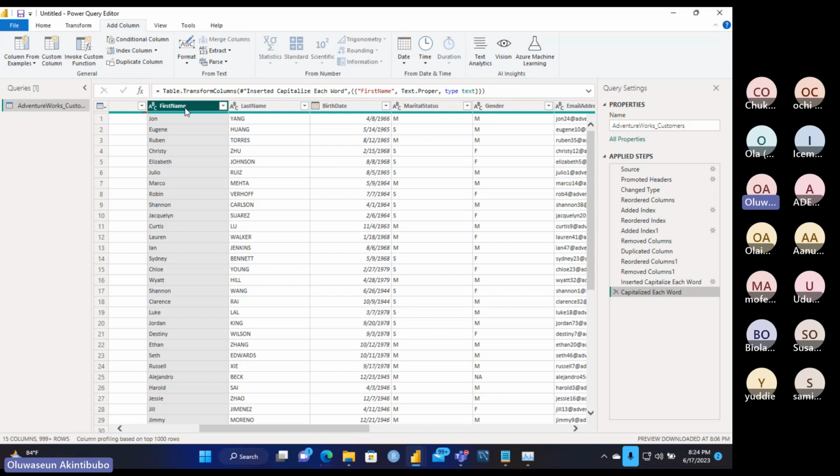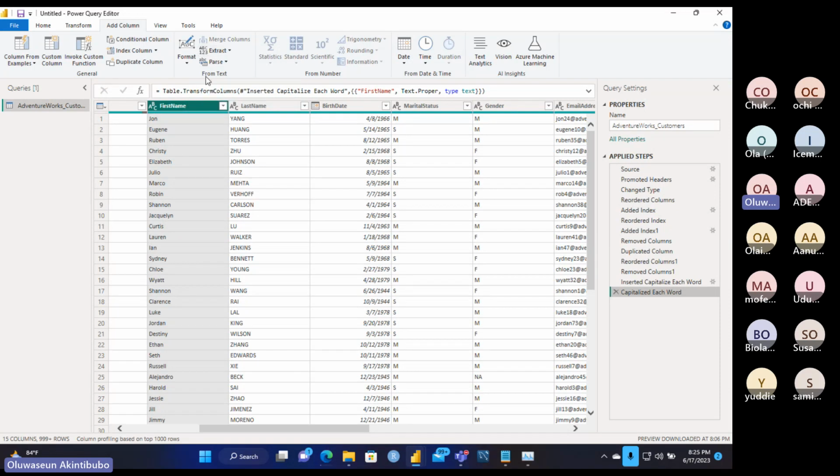So take, for example, what I want to do is extract the first character of the first name, and the first character of the last name. The first character of the first name, the first character of the last name. So I want to create a new column for them. So I go to add column, right? Then from add column, you go to what?